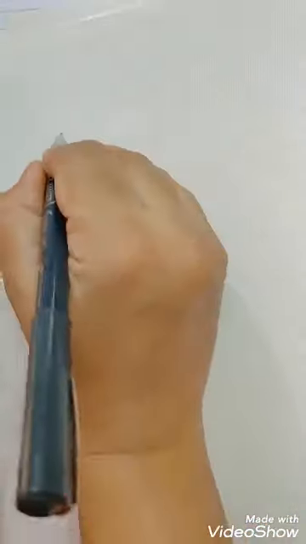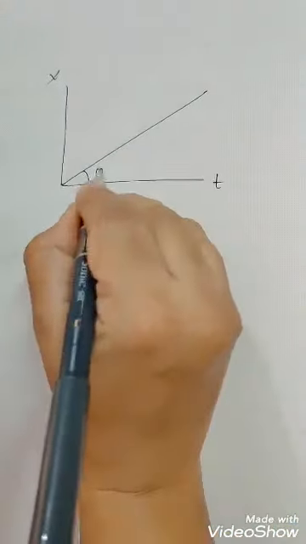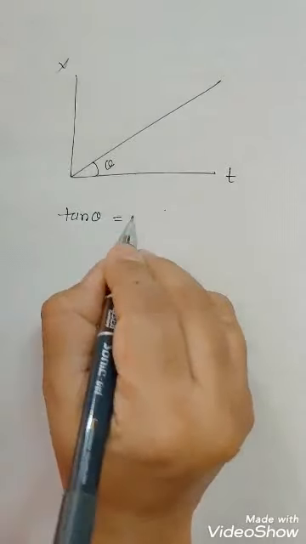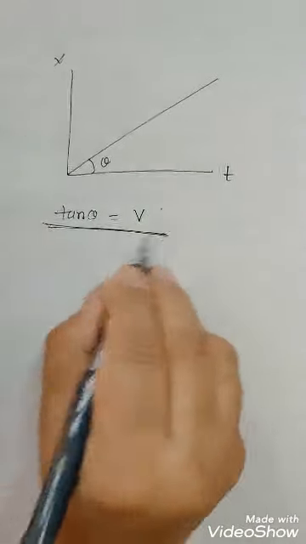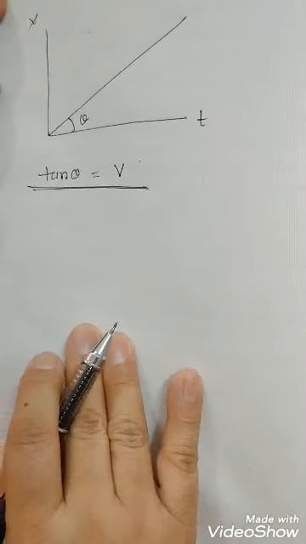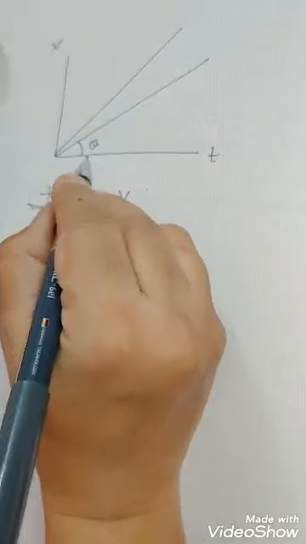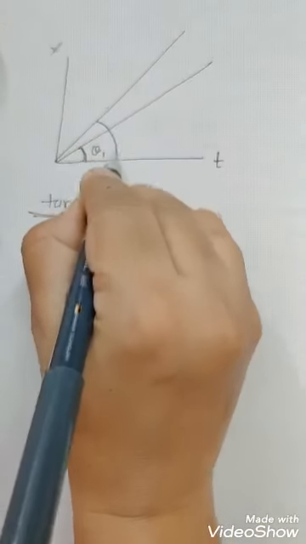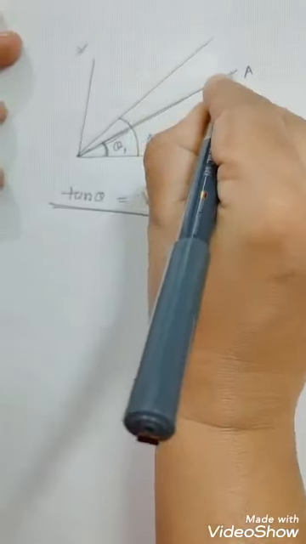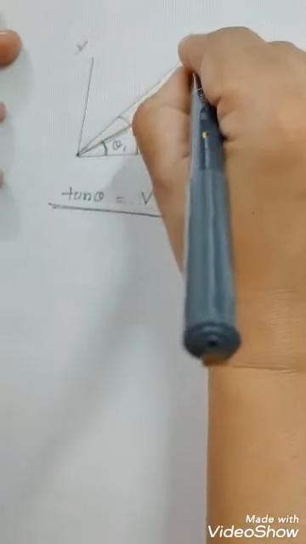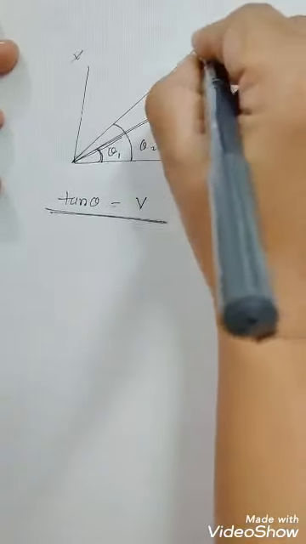Now one more thing I want to explain to you, whenever we are taking the x-t graph. We know that the slope of the graph, this theta, that means tan theta, indicates the velocity of the object which is moving in uniform motion. And if you can see, this is theta 1 and this is theta 2. Suppose the x-t graph you obtain is for vehicle A, and this x-t graph is for vehicle B.